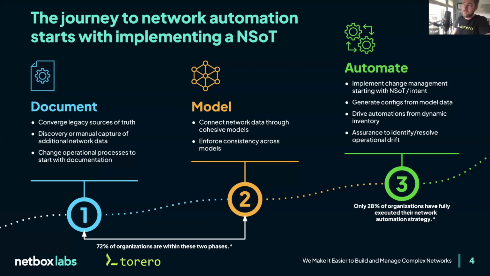I would question that too, and maybe premise it on the false summit concept, right? I think everybody wants to be AWS or one of the FANGs out there and have everything automatically just work. And I think the people that say that they've fully executed their network automation strategy, I bet they're at a false summit. I bet they're somewhere where they say, "Man, I'm good," and they're going to find out two, three, four weeks later that they've started moving their services over to the cloud, or they're repatriating and bringing it back from the cloud, or something along those lines. I feel like they're probably not really there.